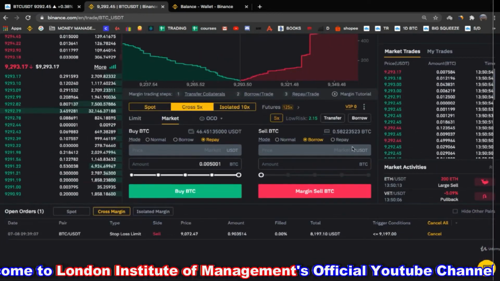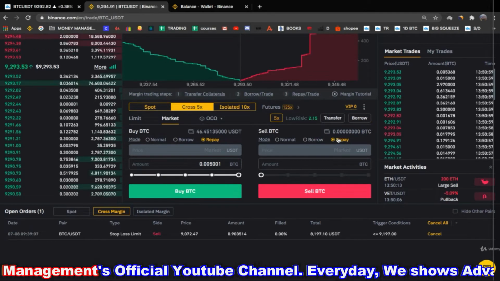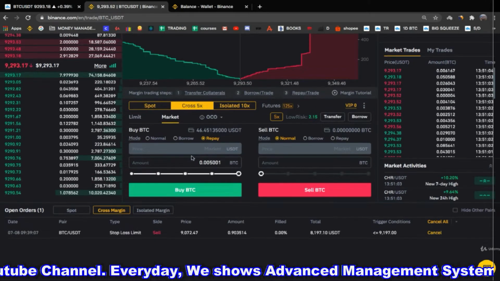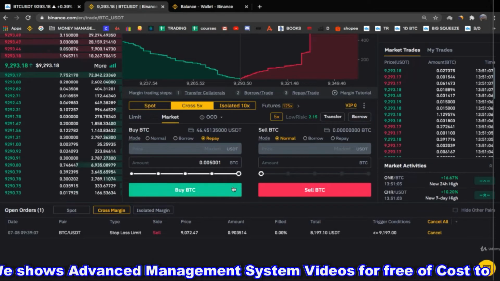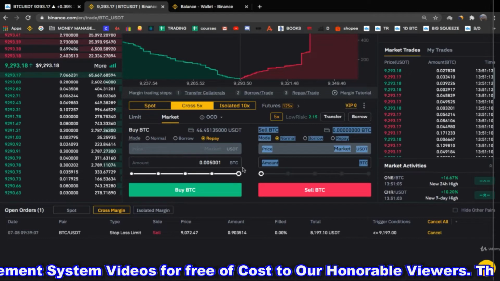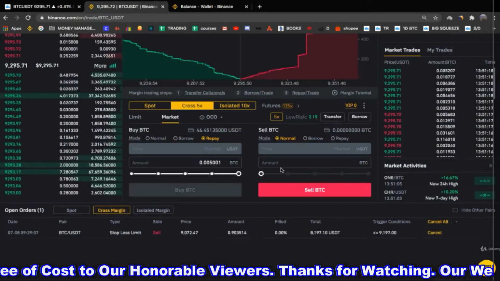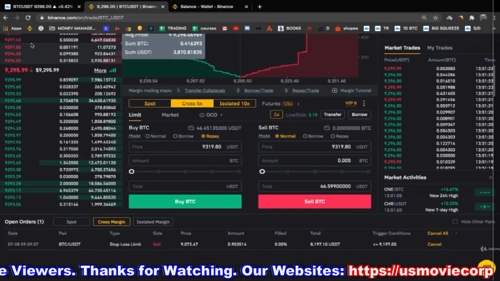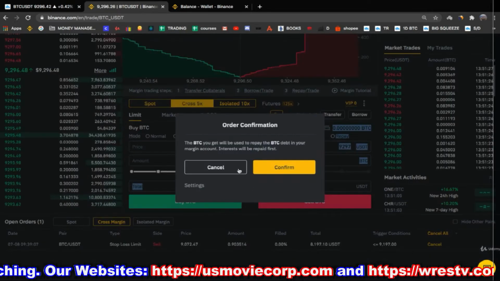Yeah, so what I'm going to show you now is how to do this automatically, right? When you go in the repay mode, simply when you buy this Bitcoin, it will automatically be repaid. And this is what you're going to see right now. So let's buy for this whole amount and see what's going to happen. Let's do it with a market order. Let's put this price, buy for the whole amount. Oops.